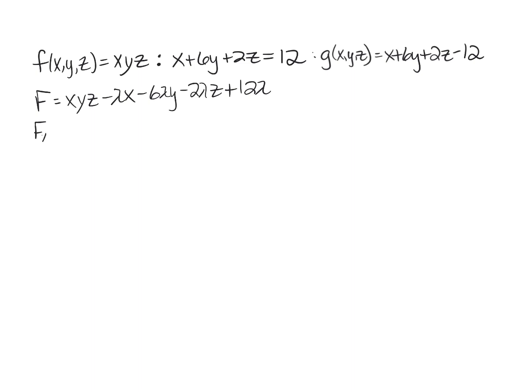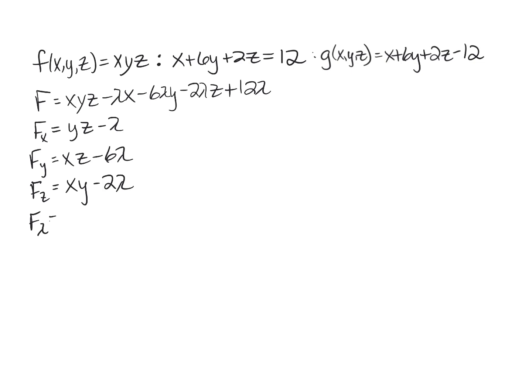okay, first partial derivatives, first with x, I get yz minus lambda. With y, I'm going to get xz minus 6 lambda. With z, I'm going to get xy minus 2 lambda. And the partial with respect to lambda is going to give me the negative of my original constraint. So minus x plus minus 6y, minus 2z plus 12. Solving this system,